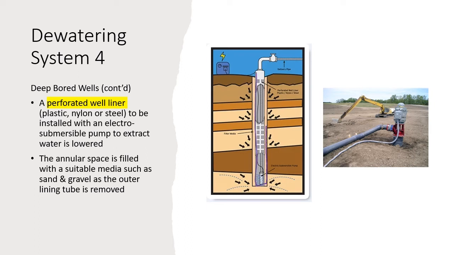So kat bawah ni pun ada pump juga. Okay, sebab dia dah ke dalam submersible pump. This pump akan attract the waters untuk masuk ke dalam, tarik dia. The annular space is filled with a suitable media such as sand and gravel as the outer lining tube is